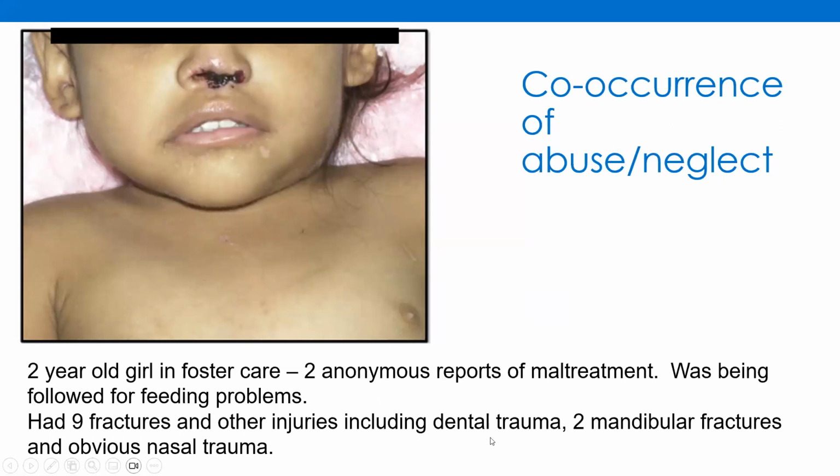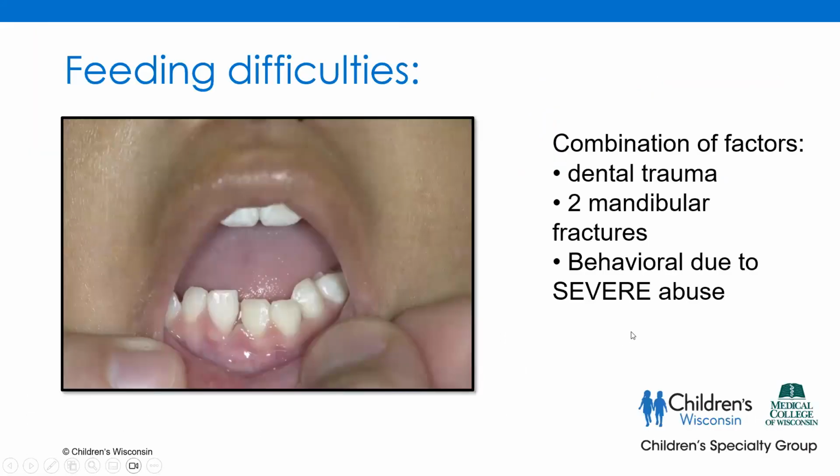She had dental trauma. She had 2 fractures of the mandible. The mandible is your lower jaw. And like any curved bone, when you see a fracture in one place of a curved bone, you have to be suspicious there may be another. Curved bones often, not always, but they'll break in 2 places when you have a break because it curves. And this child had the obvious nasal trauma. And her feeding difficulties